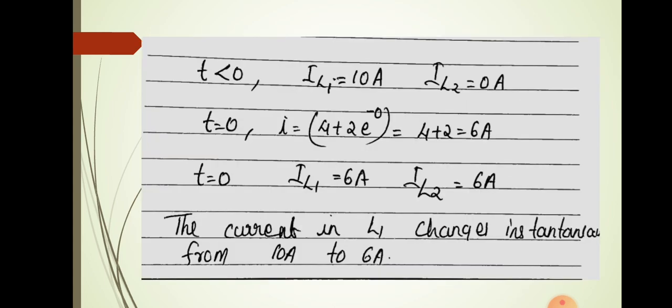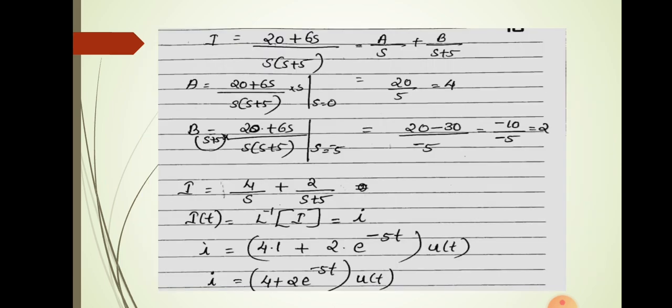Okay. Now we are analyzing the cases, that is whenever t is less than 0. We know that for t less than 0, the switch is closed. At that time there will be current through inductor L1, and that current was 10 ampere, which we found in the equation in the first slide. The current through L2 will be 0 because that circuit portion was omitted. Whenever t equals 0, that means the switch is open. At that point current flows through L1 and L2 and the currents are equal, that is IL1 equal to IL2, and the current equation was this one.